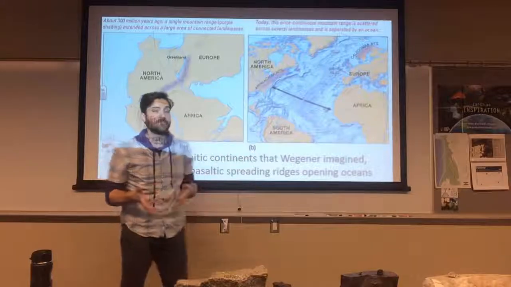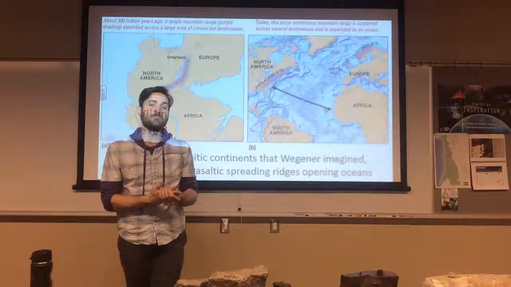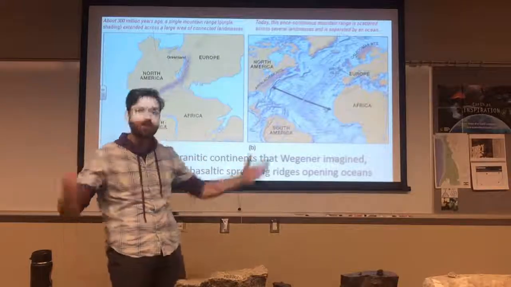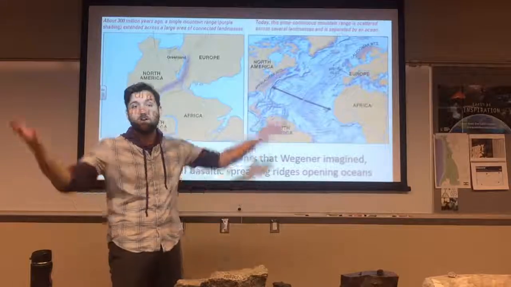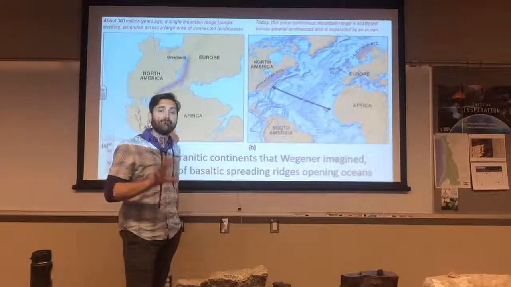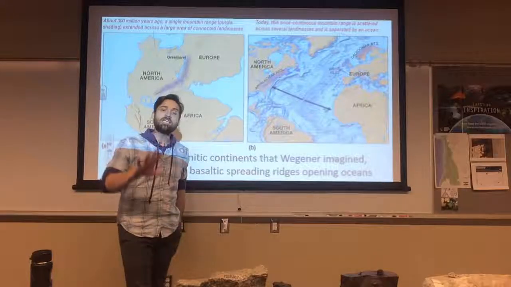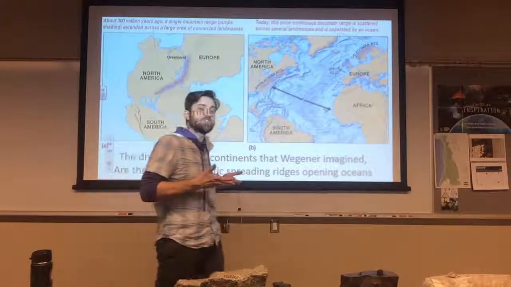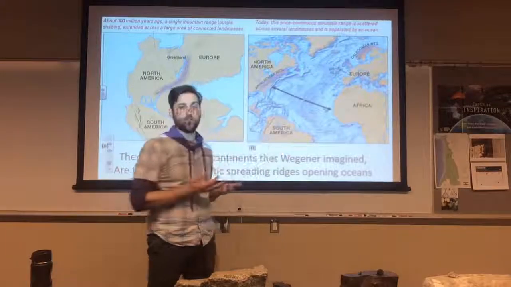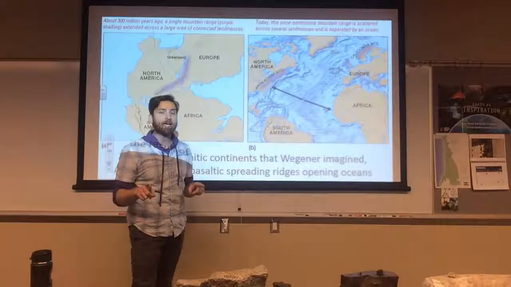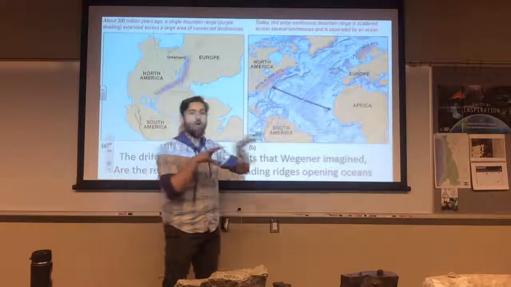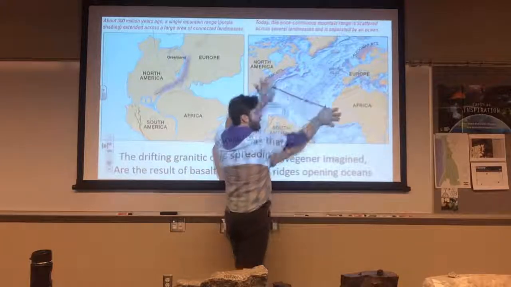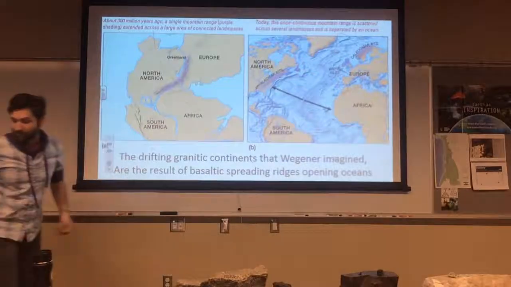Now that was one of the pieces that geologists hated about his hypothesis. Granite continents floating like boats across the ocean? What are you, crazy? So he was a crazy meteorologist. And again, his ideas were marginalized because of this. He had no mechanism for how the granite could be forging its way over and across these basaltic plateaus. Aha! Right? The mechanism comes in that the granite wasn't drifting over these, but instead these basaltic provinces are pushing those granitic provinces away. Okay?